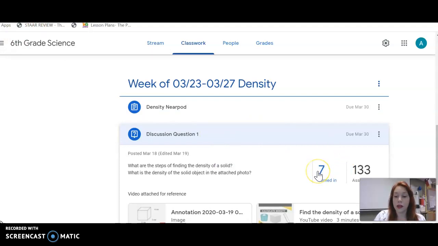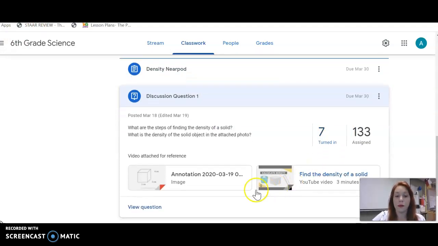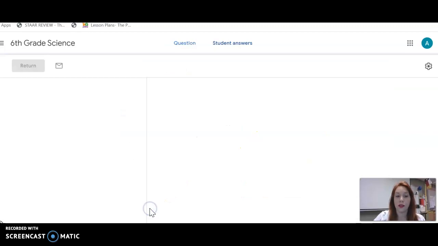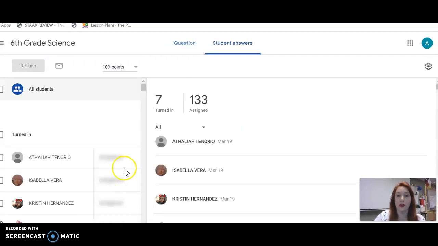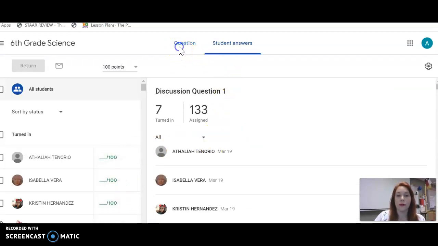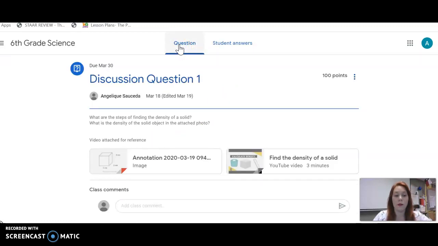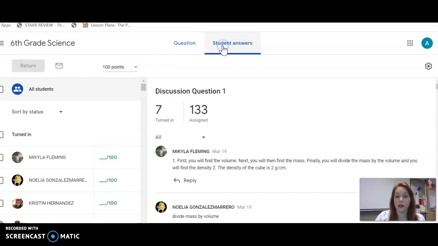So you'll notice once you click view question, you can get an area to actually answer. It'll look a little different from mine, but it lets you make a class comment, add a comment. Okay, so this is how we would start our discussions. And then you should be able to look at student answers as well, and then you can reply to those